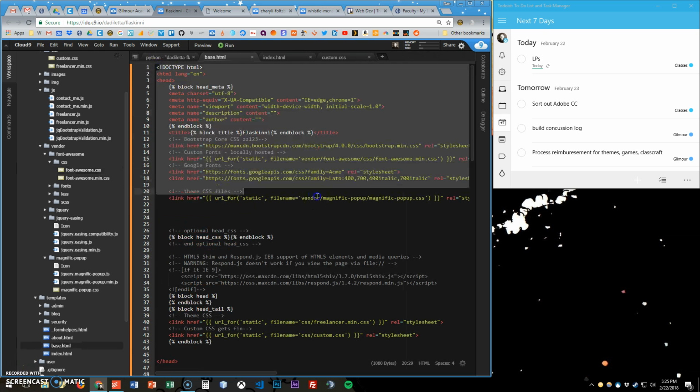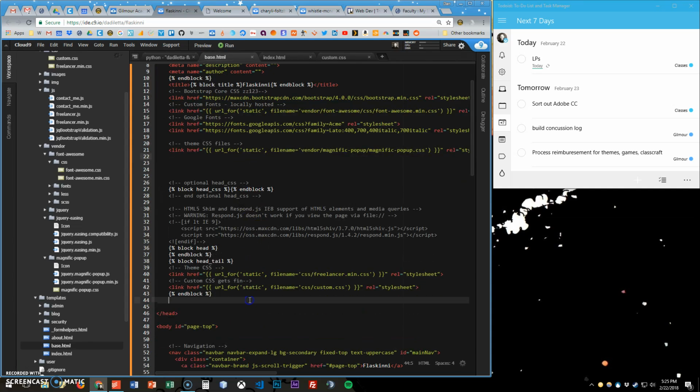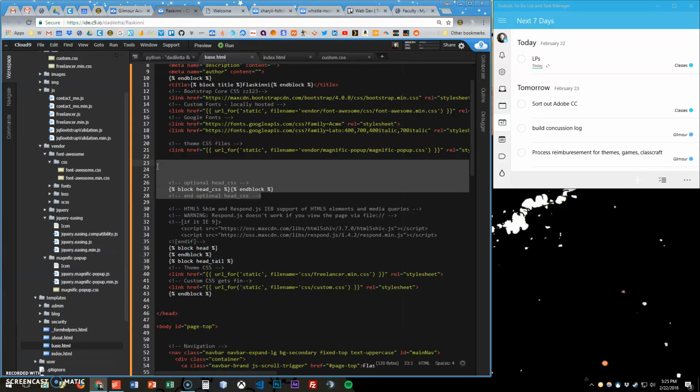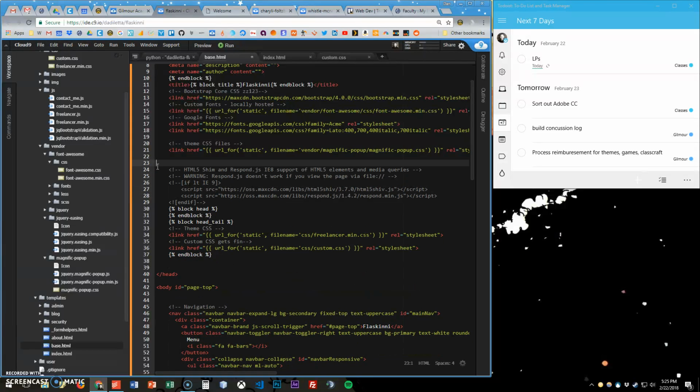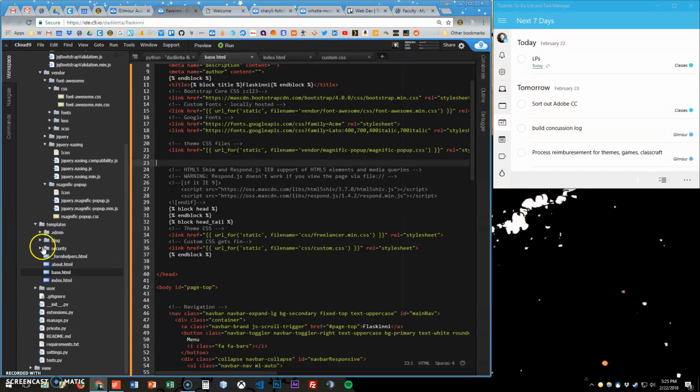Okay, so the basic structure and head of my document has transferred. Now notice I have some of these blocks. We're going to leave them in place for the most part. If you were to get rid of them, and there, I just got rid of this, it won't be a big deal. They can be useful, and we'll talk about that later down the road when we start talking about Flask security. Other apps, other plugins that we'll use